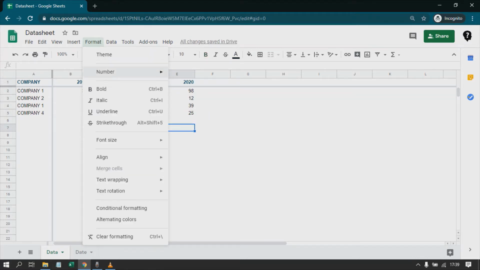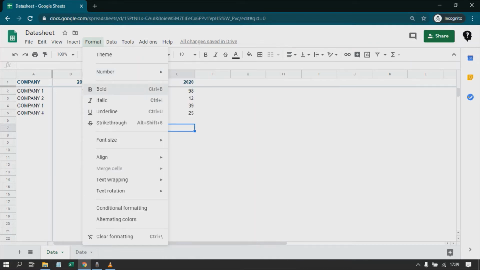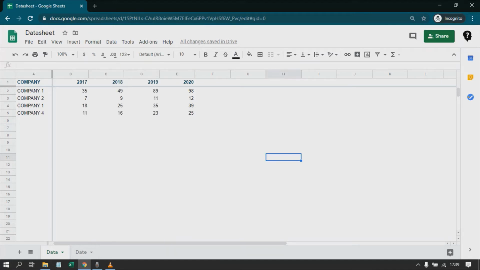Okay, so let's move ahead. Before covering number formatting, let's go ahead and see the text alignment first. So here we have bold, italics, underline, strike through. We all know these commands: font size, aligning the text, text wrapping, rotation, etc. And these can also be accessed from the menu bar.